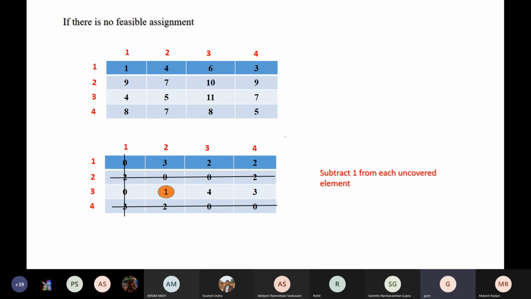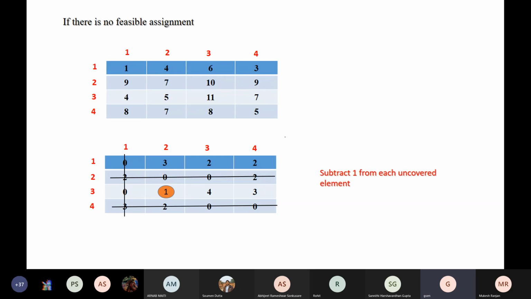First, you apply the Hungarian algorithm as it is and see if you are getting a feasible assignment of zeros or not. No, we won't get. So what is the table you are getting? The second one in the slide. Are you getting the second one? Everyone has got the second one? Yes, sir.